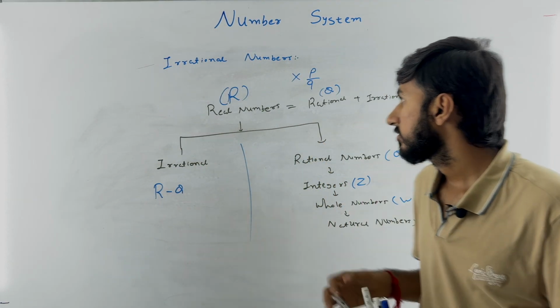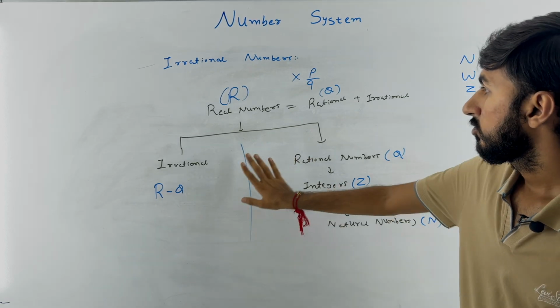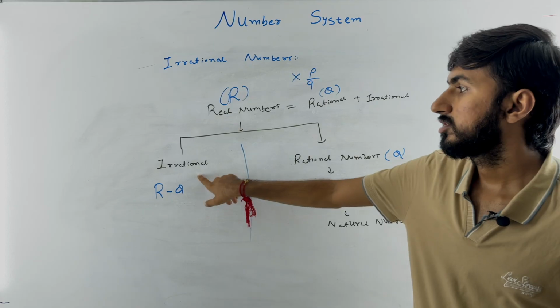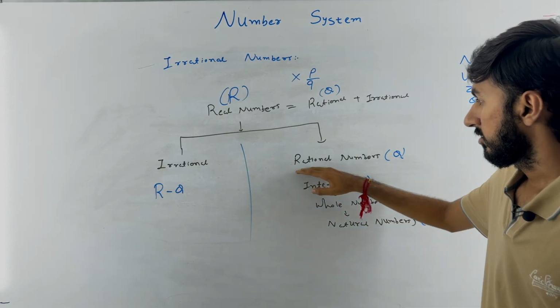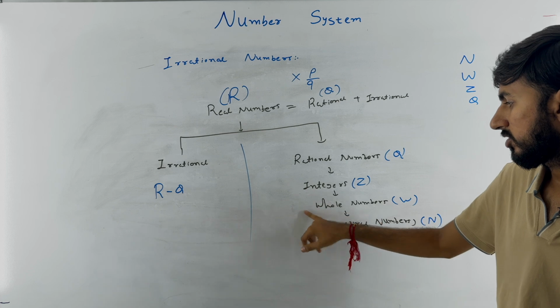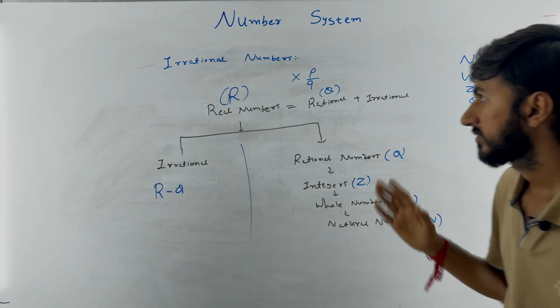So all the numbers that we have talked about, you can see here: real numbers. There are two parts of real numbers. One is irrational and one is rational. There are several parts that come under the rational numbers. One is integer, whole number, and natural number, right? Now